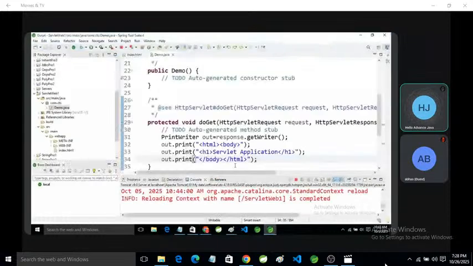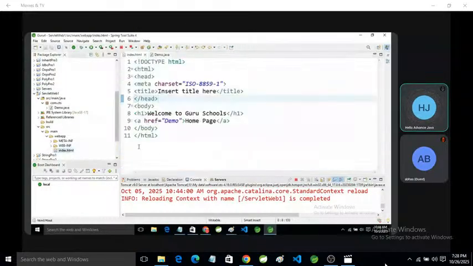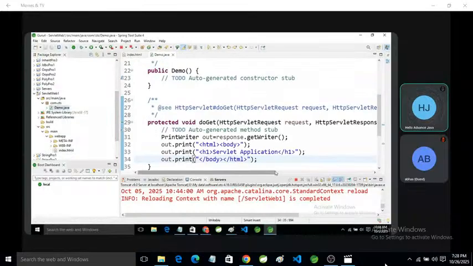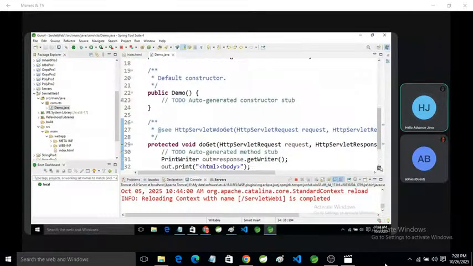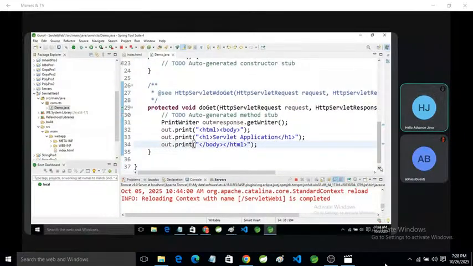So that is the way servlet works. From the HTML file, we can send the request and receive it in servlet, and after that we can perform the operation and send the output to the user in the response, HTTP servlet response.